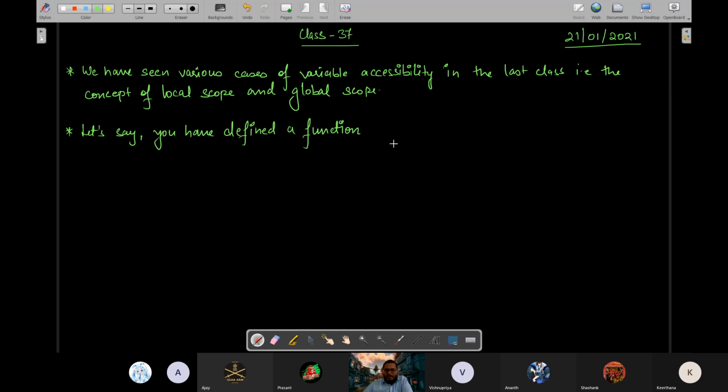You have defined a function which does some processing.